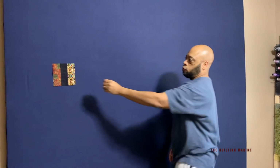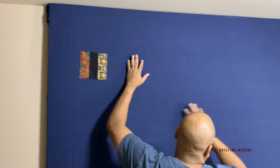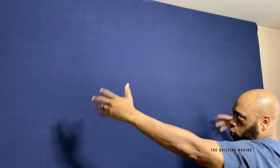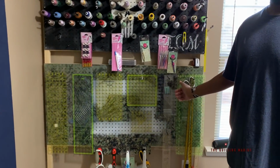All right, and it works for me because a guy like me, I like building huge quilts, and I need a huge display wall, and that's what I got. All right, look at that. That thing is nice, right? I know. All right, so next we got, in my quilt room, I put another pegboard up,